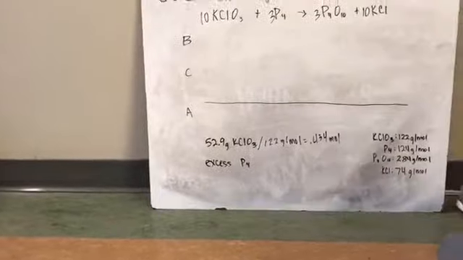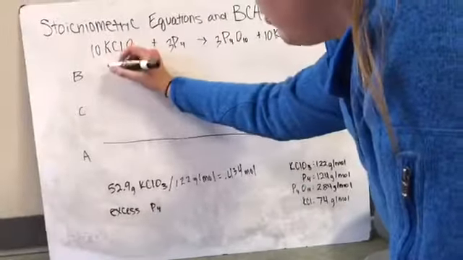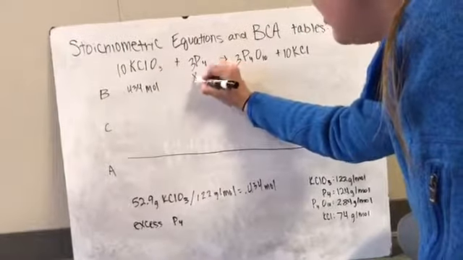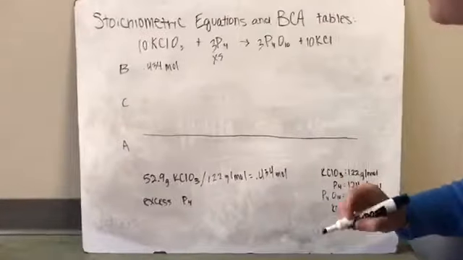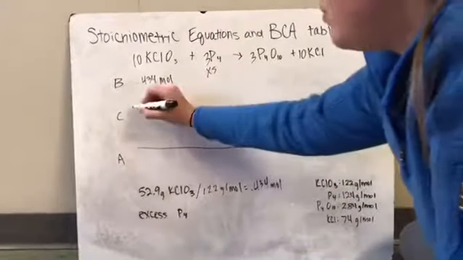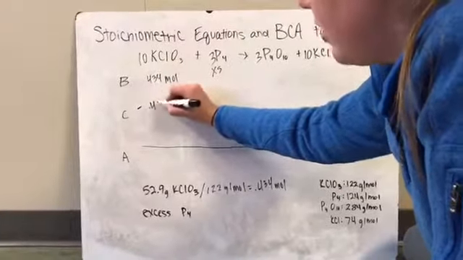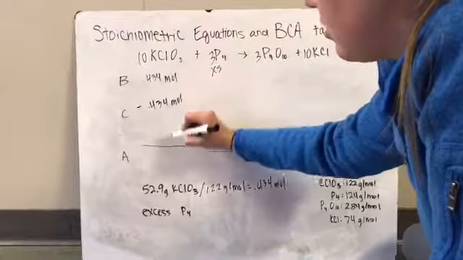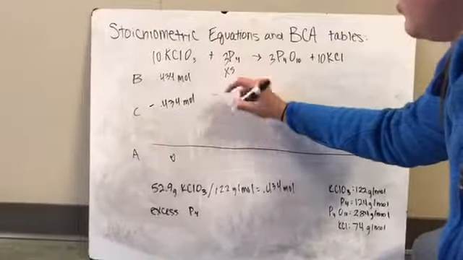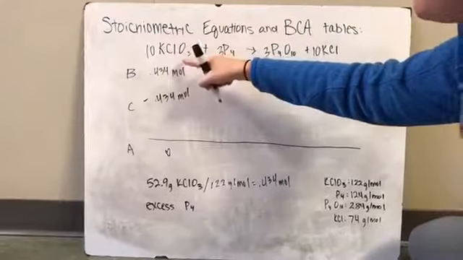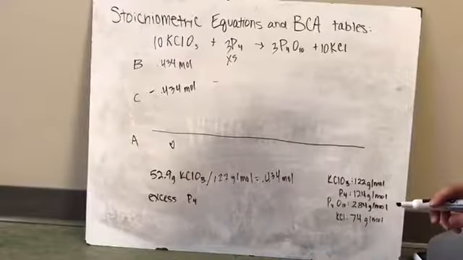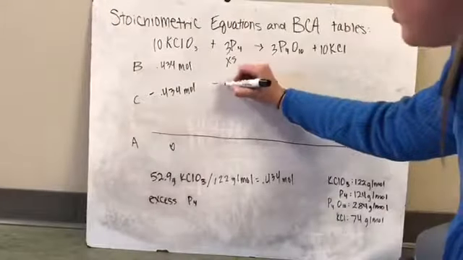So then plugging that into our BCA table, at the beginning of the reaction we have 0.434 moles of this. We have excess phosphorus, and we're trying to solve for the mass of this compound right here. So as the reaction progresses, we lose all of this, and we end with 0. And we also lose, so then we would lose 0.434 divided by 10 and multiplied by 3, which would be 0.130 moles